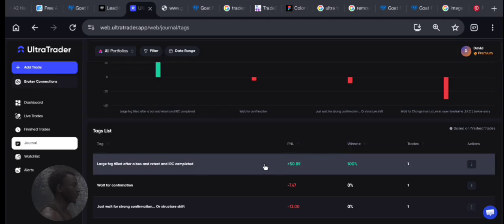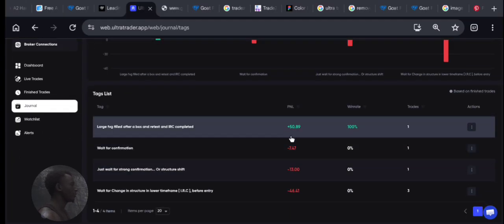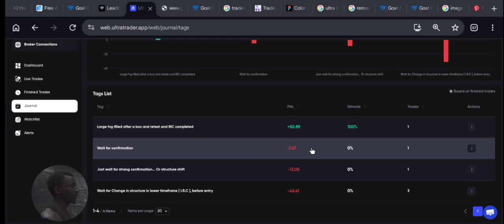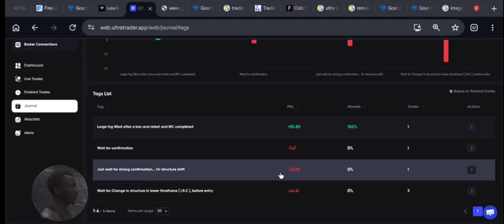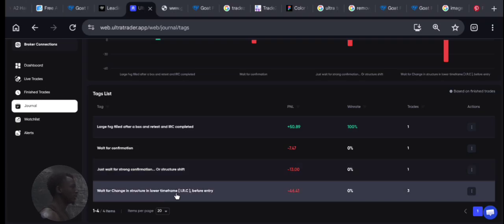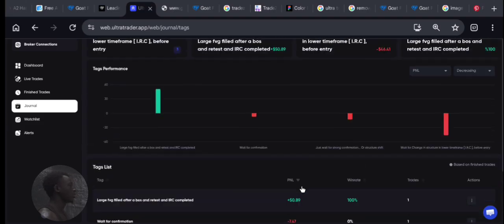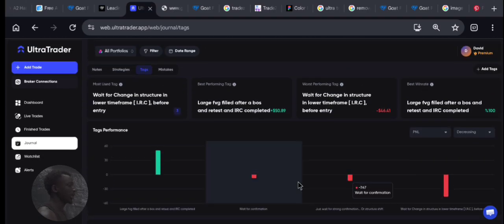So you can see which has paid me more money. This is largely FVG. When I used the FVG and break and retest, I made the most money. When I didn't wait for confirmation, I took minus $7. When I waited for strong confirmation, I lost minus $13. And when I didn't wait for change in structure, I lost around minus $46. So here you can see whether your strategy is a winning strategy or not. And that is all for